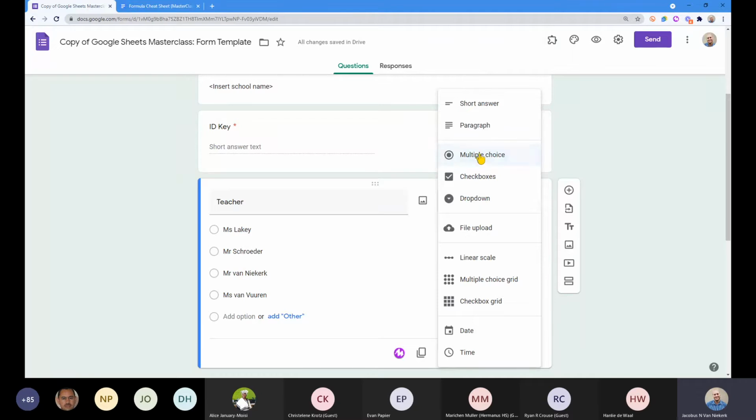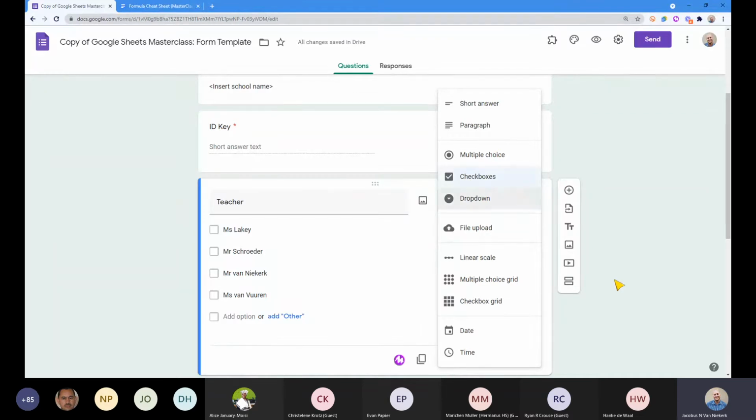A word of warning, because a lot of people tend to select check boxes. This is something I picked up quite often, is people use check boxes. Now, the difference between the checkbox and the multiple choice, the checkbox allows you to tick more than one option. Just keep in mind when you've got the option to select more than one option, it becomes significantly more tricky to manage this in terms of an automated system. It's not impossible, but it definitely goes beyond what we are doing today. It becomes quite tricky to do that.